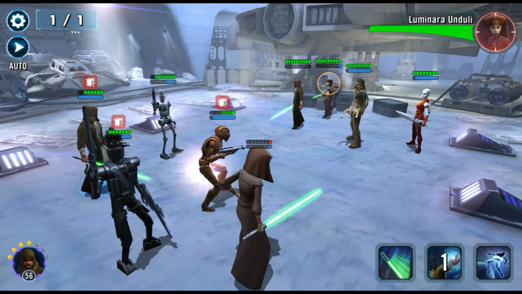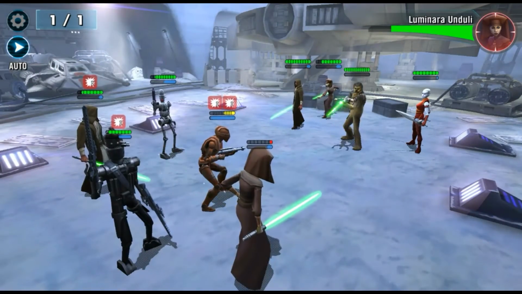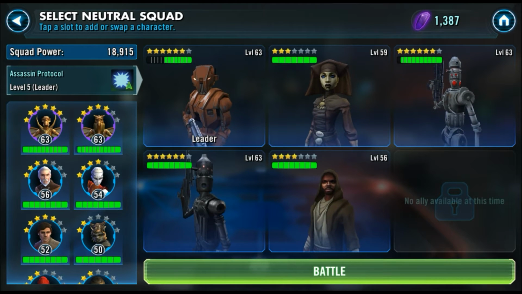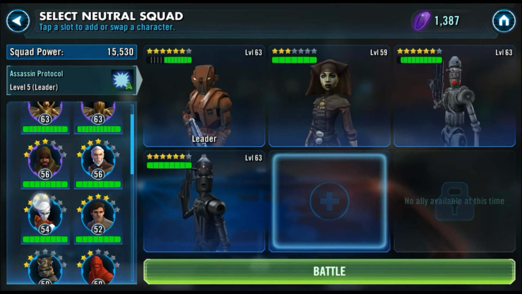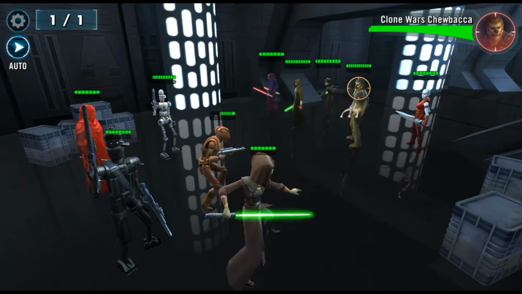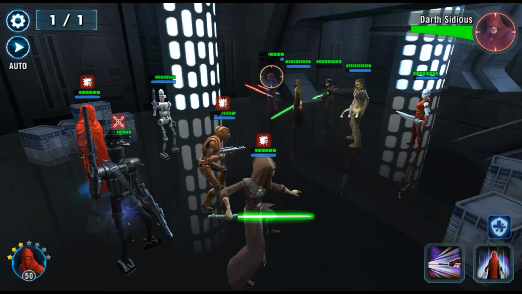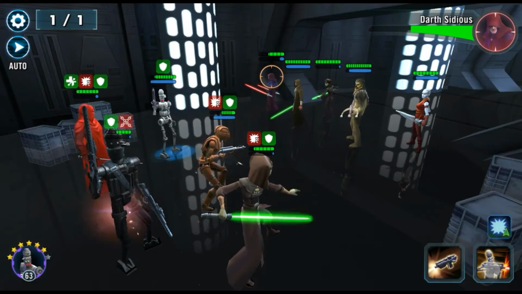Luminara really got beat up here. Yep, we ended up restarting again because Luminara got smoked. So, what to do? Ah, yes, I threw in my Royal Guard. I figured since my characters were kind of just getting hammered, the Royal Guard's auto taunt comes in super handy,